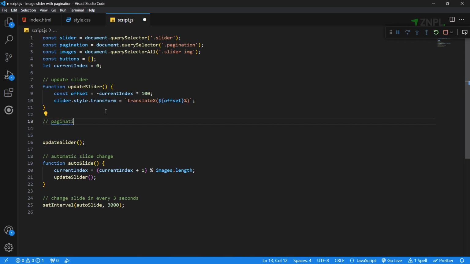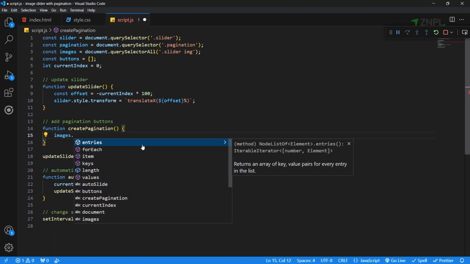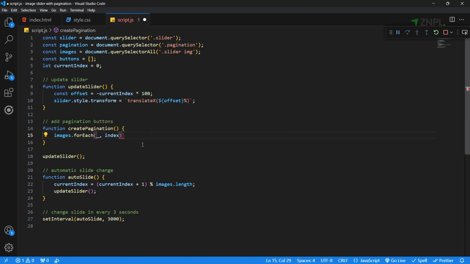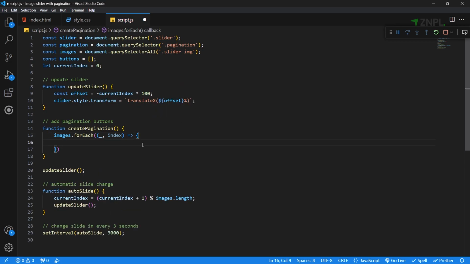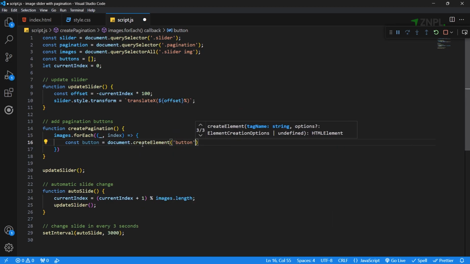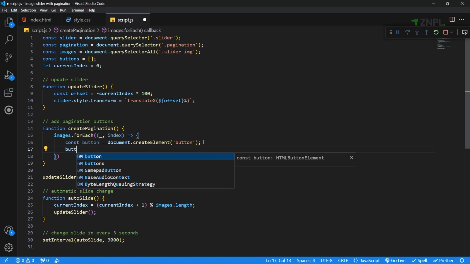To create the pagination, we loop through the images using a forEach loop and create a button for each image. We also add a click event listener to each button that updates the current index and calls the updateSlider function to display the corresponding image.